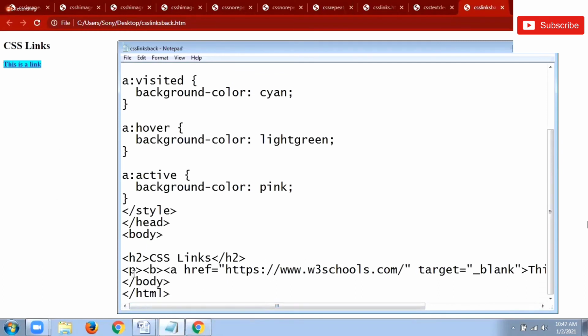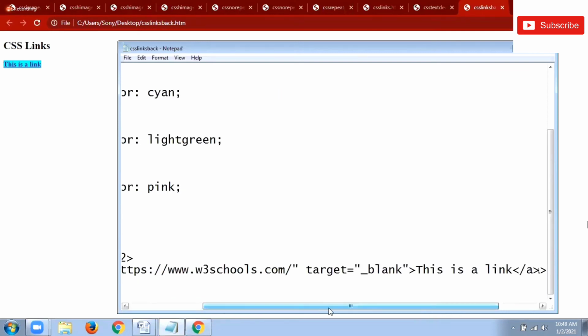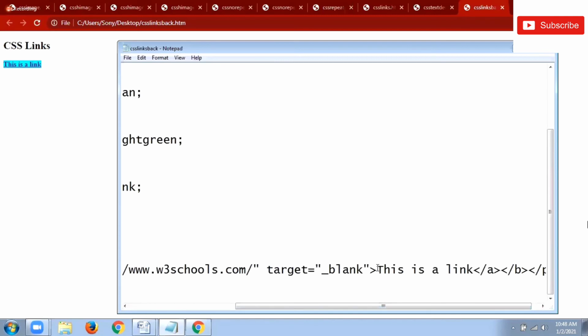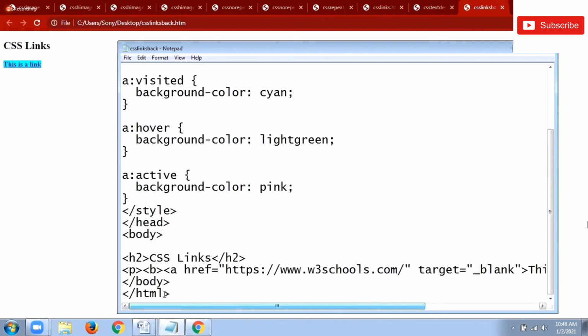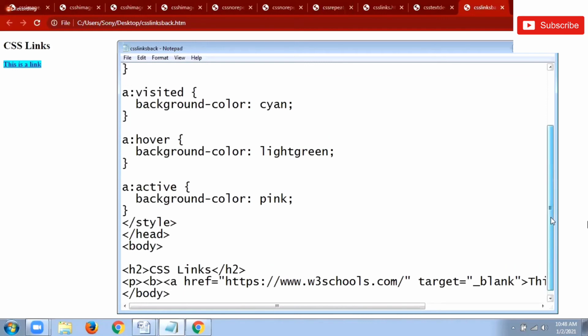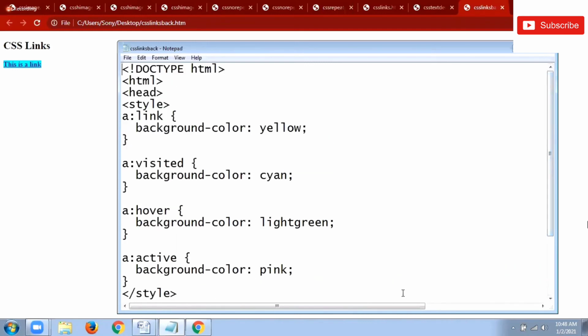Okay, here I am using my color change with the paragraph element, where the particular text, this is a link, is mentioned in my paragraph element. With this particular element only, the color is going to be activated, not for the complete page. See the difference. Okay, everyone.